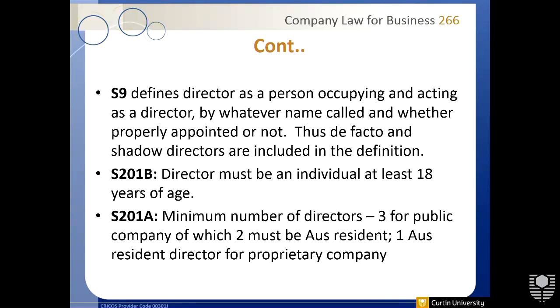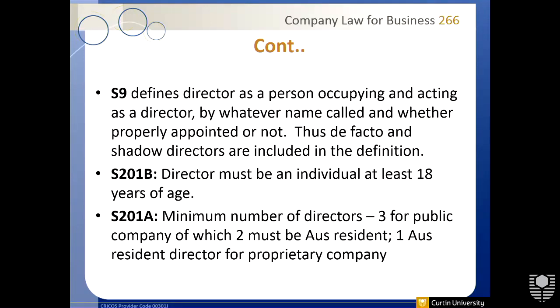Now, why do we need to know all these different types of directors? De facto directors, shadow directors. Those appointed directors, we know they are directly responsible to the company, and if they breach their duties, we can take an action against them. Can we take an action against de facto and shadow directors? Are they bound by the directors' duties? Section 9 says they're still directors and they will still be bound by it. So we've caught them all, whether you're a by-fact director or a shadow director, it doesn't matter. If you acted in the capacity of a director, you would be bound by the duties.